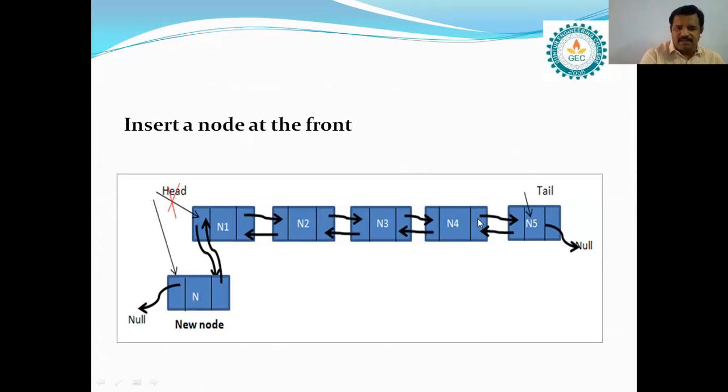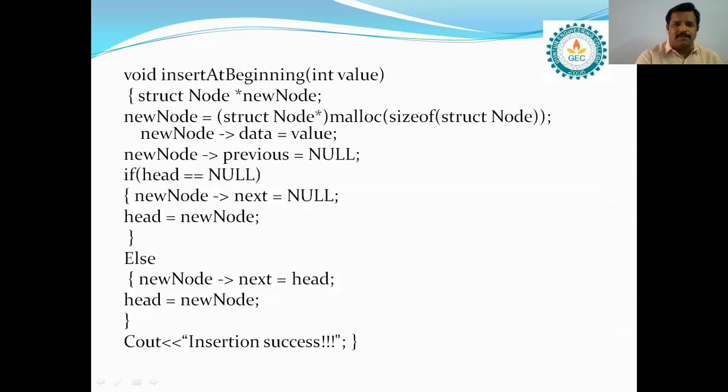So this diagram represents like this only. Here this is the original list where we can add the new node at the beginning, right? At this point, the first node address is pointed in the head. So now the head points to the new node address, because the new node is the first node after insertion. So this head will point to the address of the new node, and the previous part of the new node must be null. So this is how we can insert the new node at the front of the double linked list. This is the code for how to insert a new element at the beginning, right?